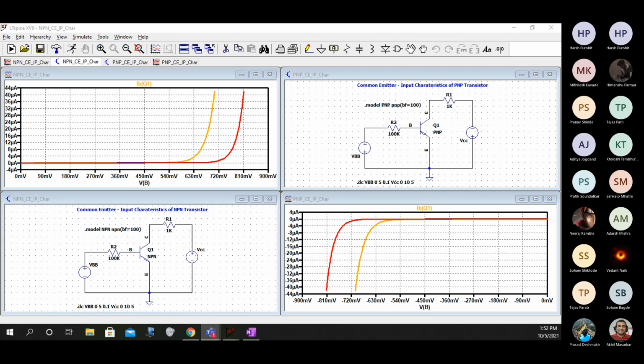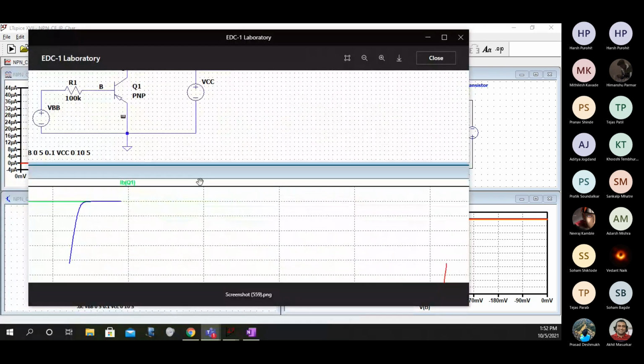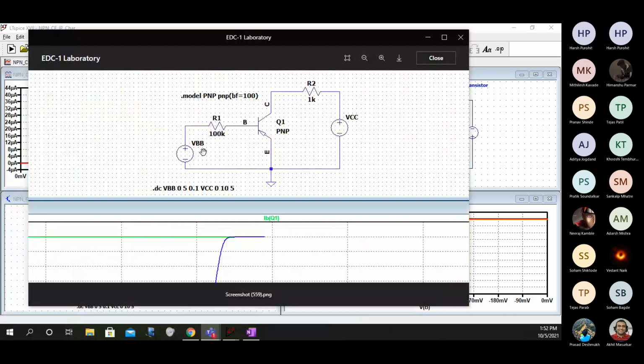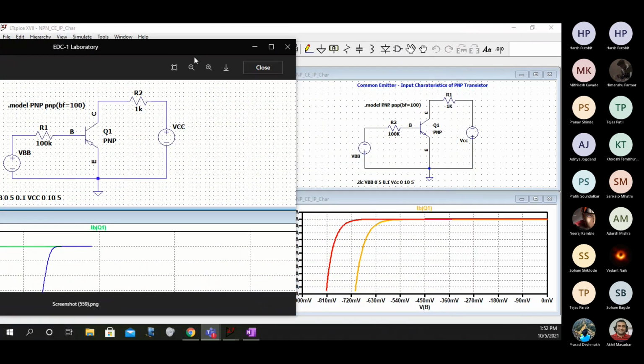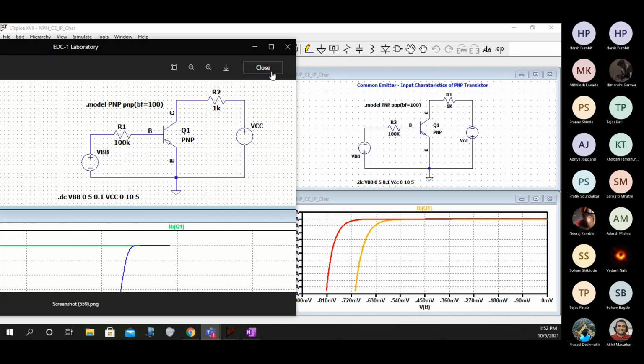Hello, sir. Sir, by mistake I missed. That is okay, but you correct it. See, your sources are not reversed. They have to be reversed like this. Minus. Got it? Okay. Yes, sir. Okay, sir.